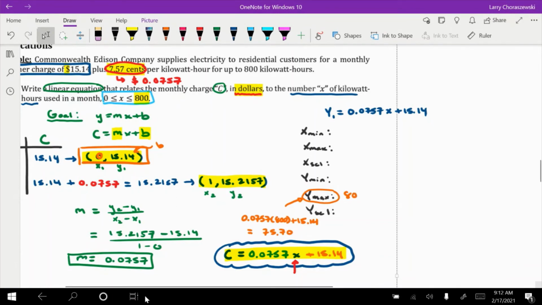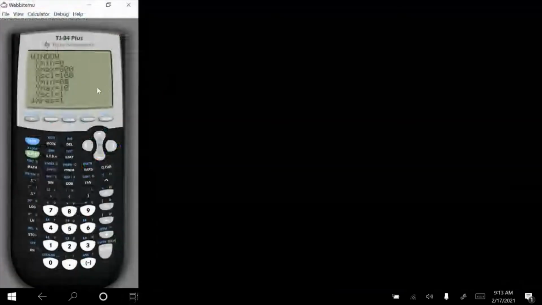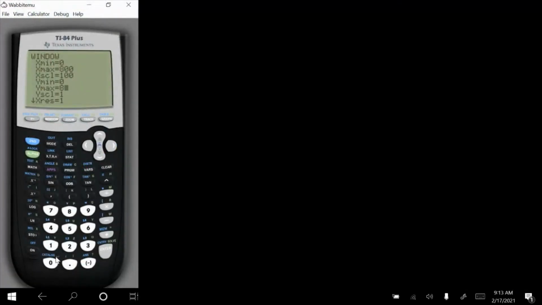And so I'll go back to the graphing calculator, and we'll change Y max to 80. And I'll up the Y scale a little bit. Perhaps each tick mark will be worth 10 units. And let's go ahead and press graph. And there is the part of the line for the cost equation that is relevant to all the conditions that